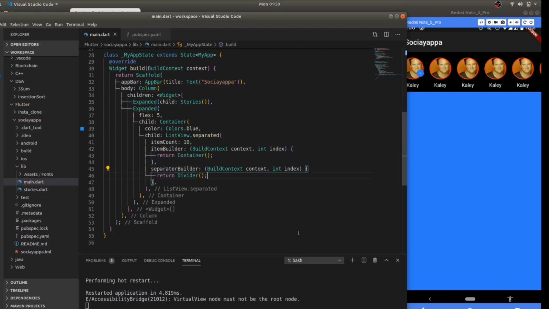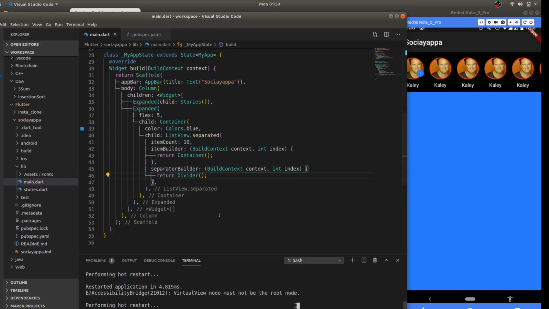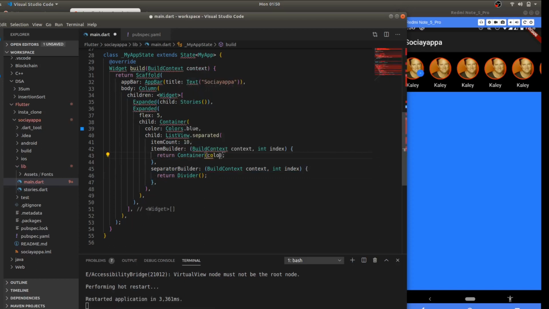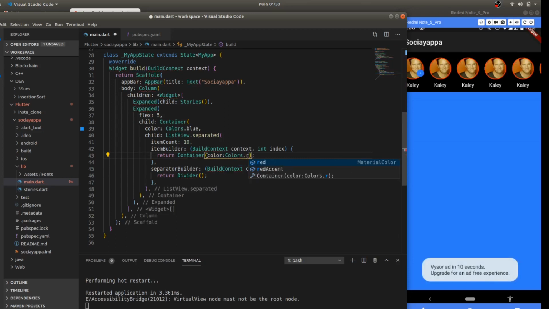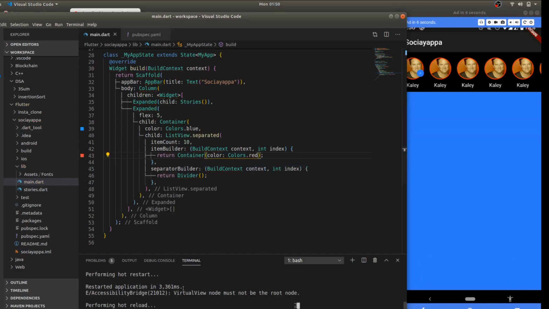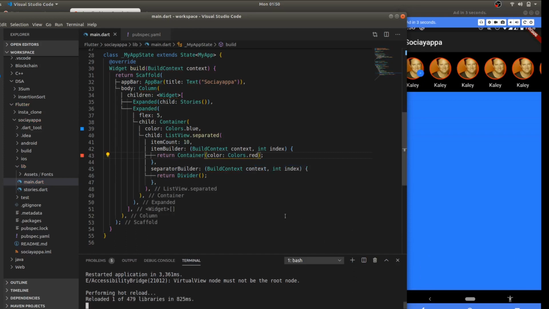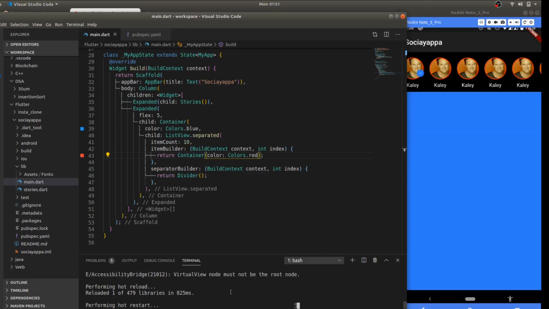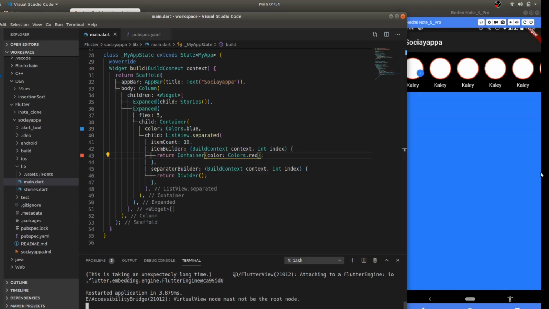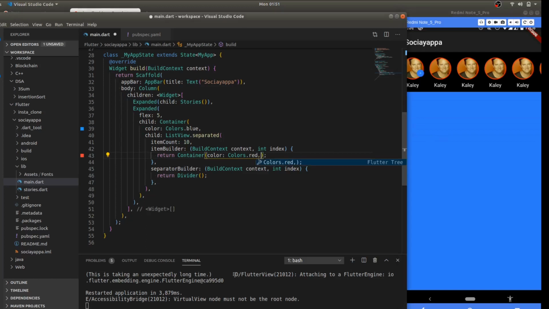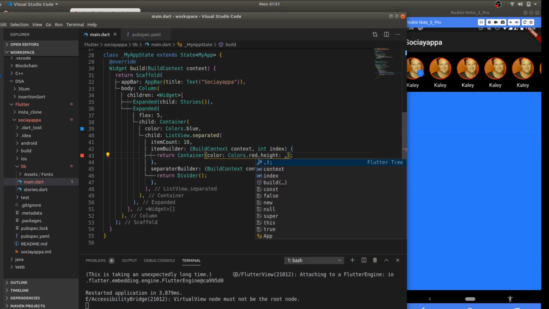Perfect. So let's just rebuild it once, so that we are not getting any error. Colors dot, let's say now we can try red, because red is already gone. So yeah, now we need to specify the height and width of our container. So I'm gonna give a height of media query dot of